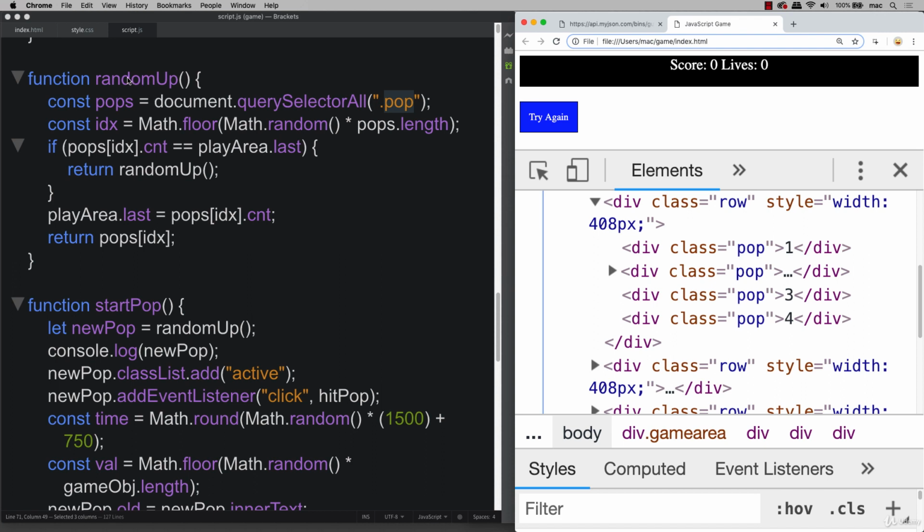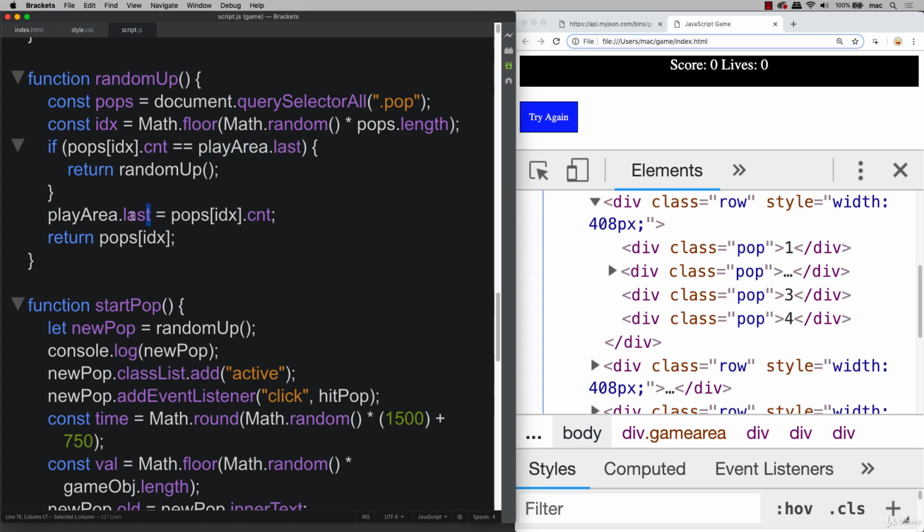So what's happening here when we click random up function is we're going into the document object, using query selector all, selecting all the elements with a class of pop, and putting them into our node list. With the node list, we have a length. So we're selecting one at random using Math.random in JavaScript. And over here we're checking to see if it's the same as the last one. If it is, then we're running that function again, and hopefully we continue to run it through and eventually we get something that's different from the